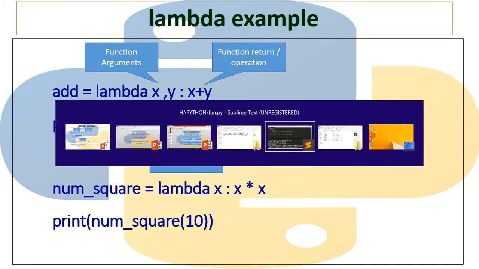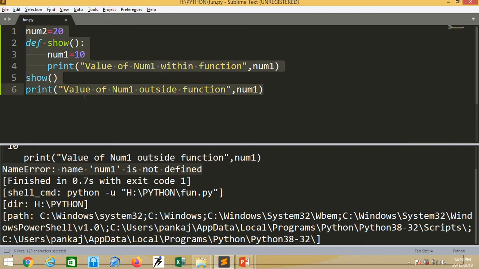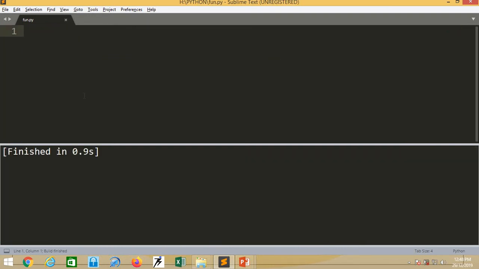Let's see some examples of lambda function. Now as we know, lambda functions do not need the def keyword. They can simply be declared with some name. add is equal to lambda. Now how many arguments you want to pass depends. I want to pass two arguments, x comma y. Then what is expected from this x and y? Suppose addition, so x plus y. So this is a complete